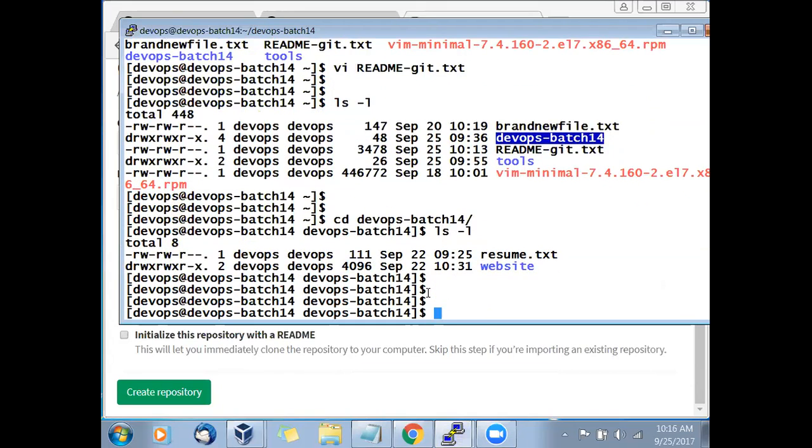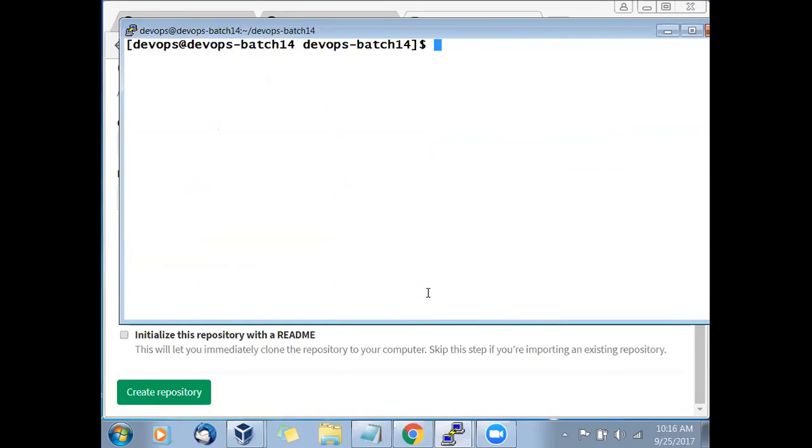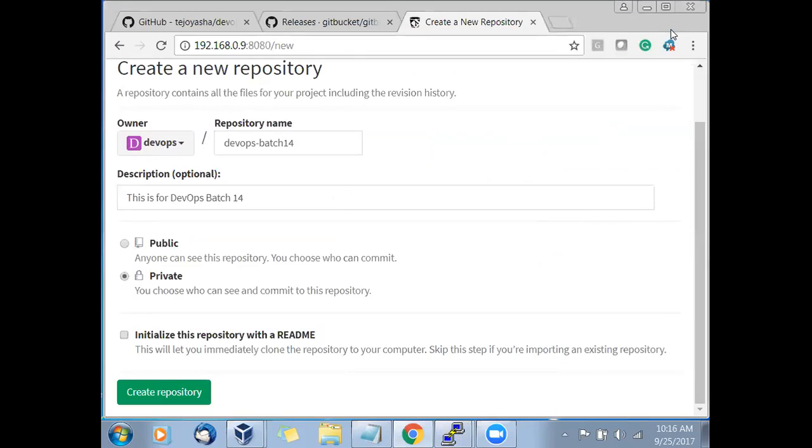We have the whole website and stuff available there. You see that a lot of files are there, right? I want to get all these files to the server. So I will not initialize. I will create an empty repository on the server the first time. But if you are creating a brand new one, you can directly say initialize. It will put the README file in that.